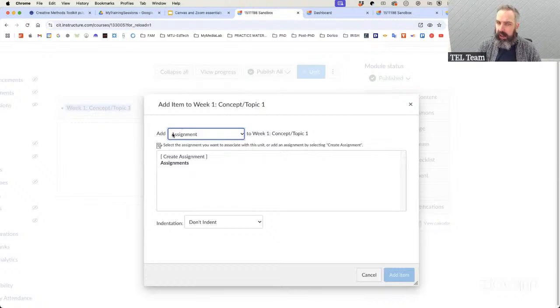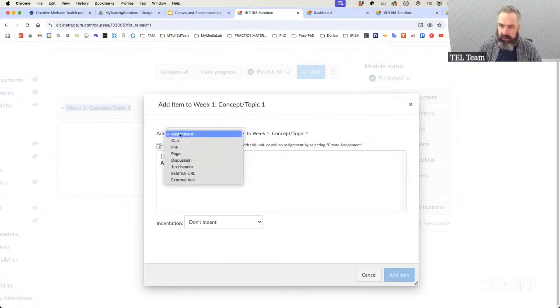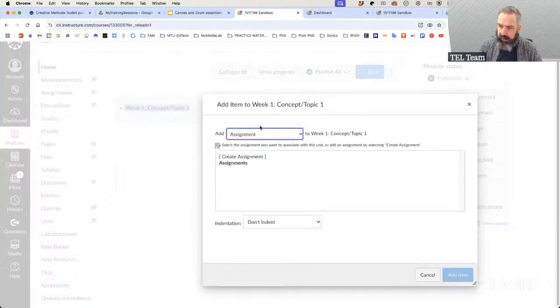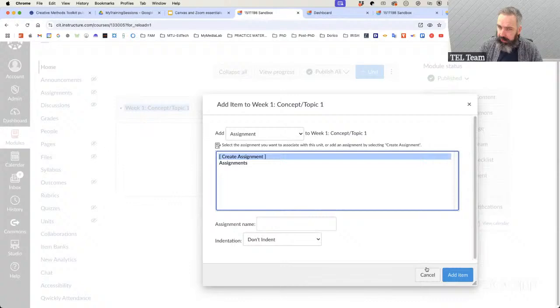And here I can add all kinds of content, a number of different content types. So I can add an assignment, I can add a quiz, I can add a file, a page, a discussion, a text header, an external tool, URL or an external tool. And just to kind of point out, so like it says add assignment, I could create a new assignment here,